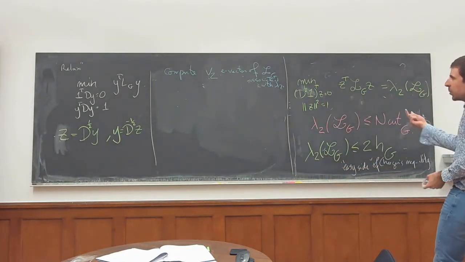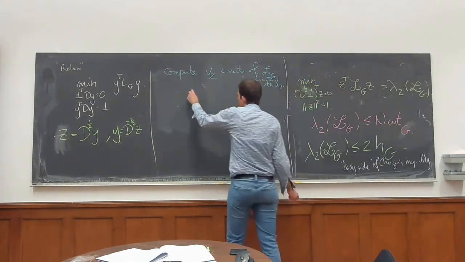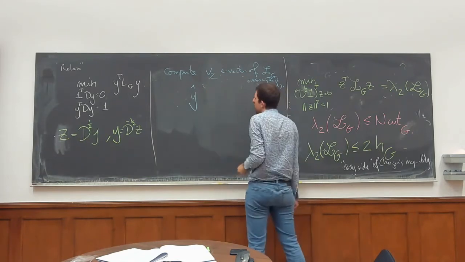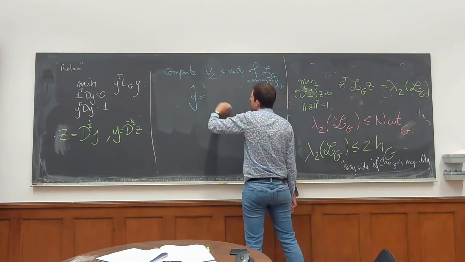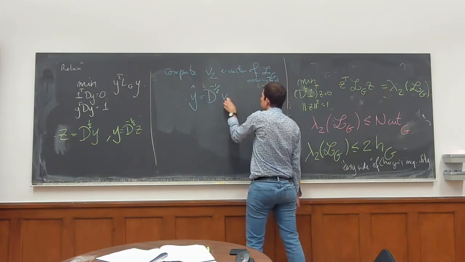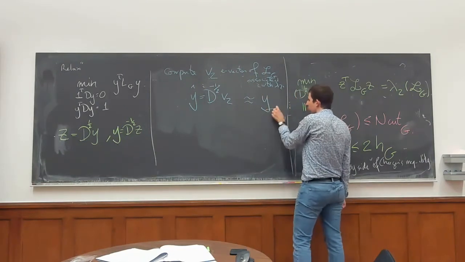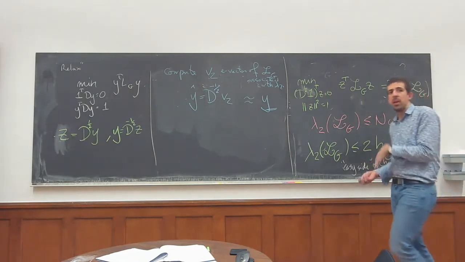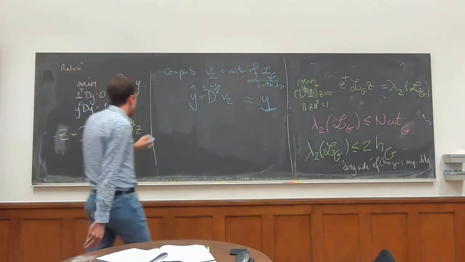And now, how do we relax? So we compute V2, this is our Z, then we can compute an estimator for Y, Y hat. For now, I take Y hat to be D minus half V2. It should be an approximation or a surrogate for my real Y. Now this is a vector for now all over the place. If it only had 2 values, A and B, then I would be done. So a reasonable strategy